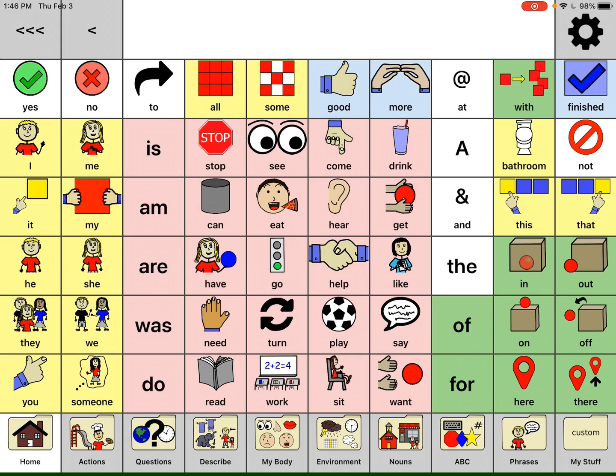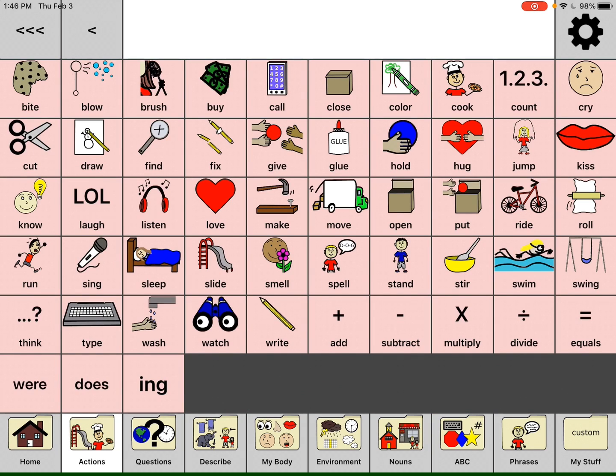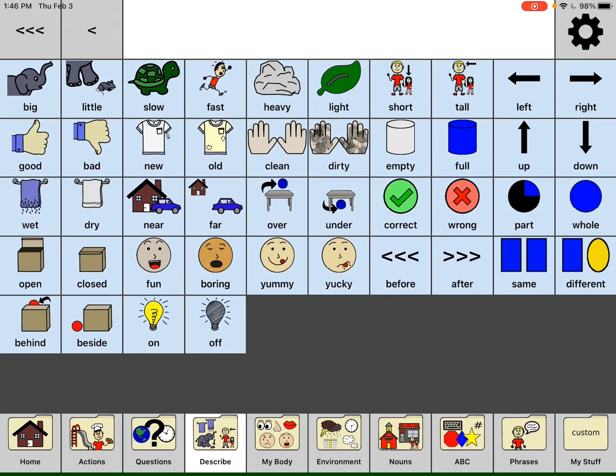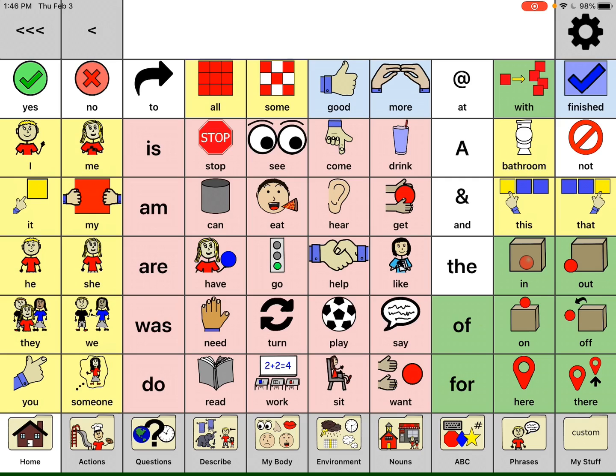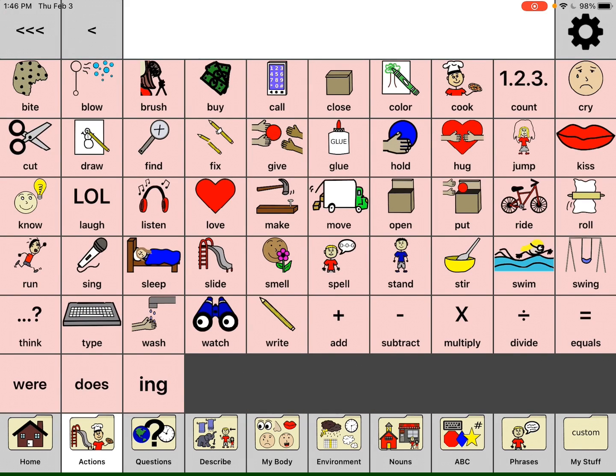You'll see on the home screen right here when it launches, the icons are arranged in tabs, which include 80% of the core vocabulary that we use in conversation. There are also many ways to customize the app, but let's look at how it is right out of the box. So here's some of the tabs. It starts on the home page, like I said, and these are the majority of what you're going to say or communicate with. And then you have actions,